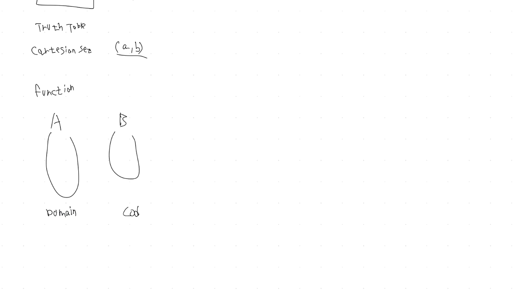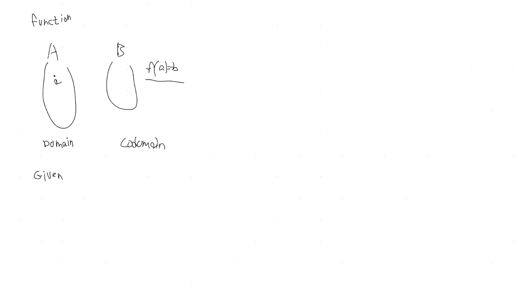If for any a in A there is f(a) equals b, then we say that a function exists when given sets A, B. f(a) equals b is the image,